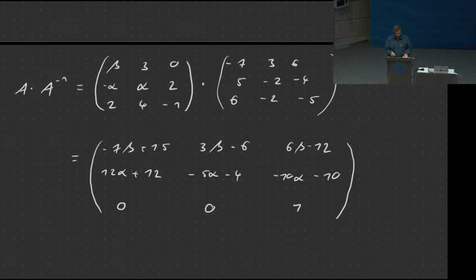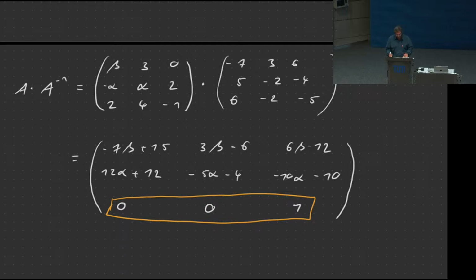And the first thing you should notice is that this last row here, that's completely independent of any parameters, is the way it should be. Remember, we want the identity matrix. And if that would not have worked out, then no setting of alpha and beta would have gotten us an inverse matrix of this, right? So that's the first thing you should observe, that that isn't a good fit here.